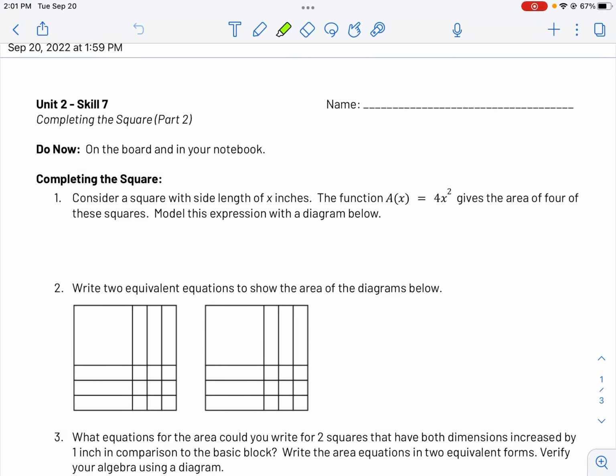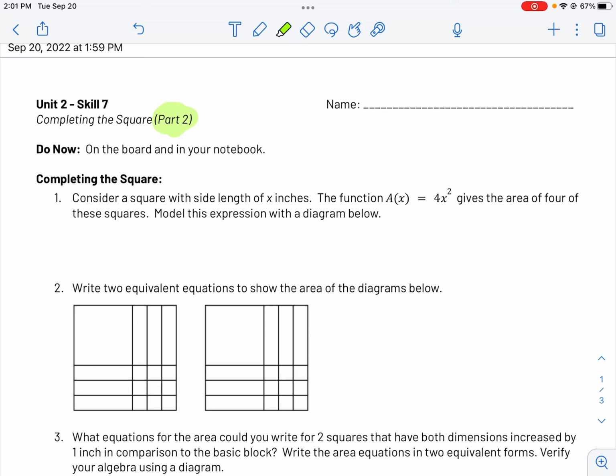Hello, welcome to Completing the Square Part 2. You should already have a firm grasp on Part 1 of this idea. If you don't yet, I would make sure that you have Part 1 down before we start this video. What I'm going to do is walk you through some of the examples on the note sheet to give you some guidance on how we can use Completing the Square for more types